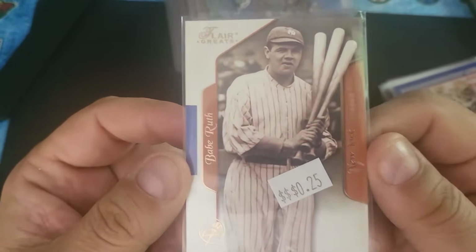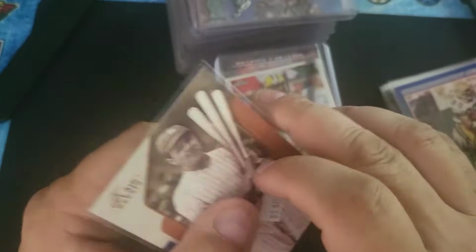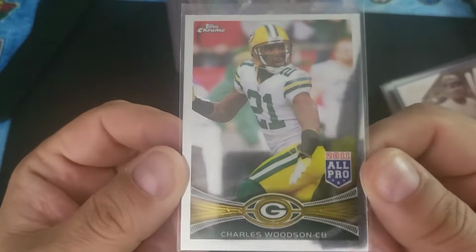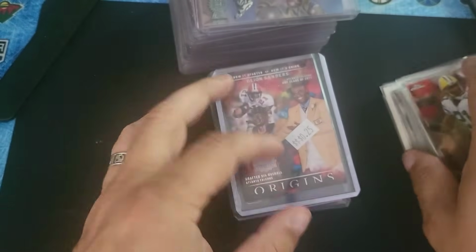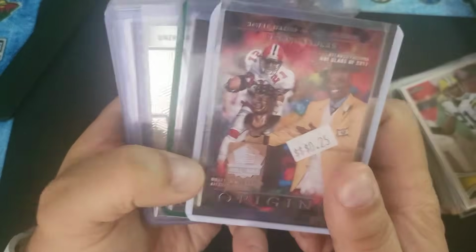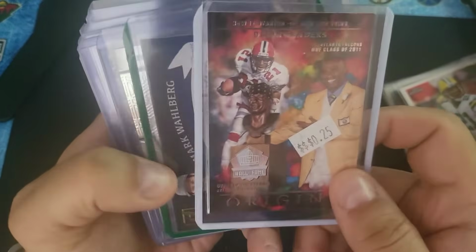This Flair Greats Babe Ruth. I'll buy any Babe Ruth card at 20 cents. Why not? Charles Woodson Topps Chrome. His stuff sells pretty well. And then I got a bunch of top-loaded cards, which I thought was interesting on quarter cards because the top